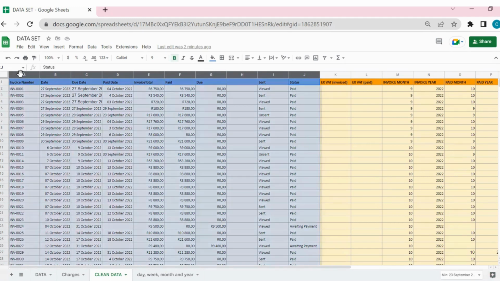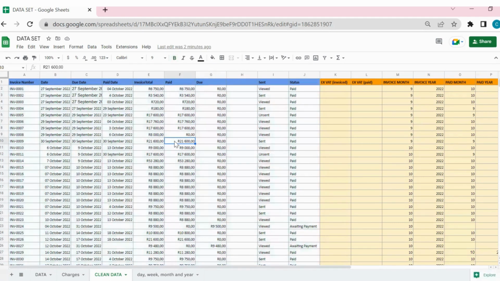Now, the one thing about Excel and Google Sheets, they don't automatically talk to each other. So, for instance, rands or values in Excel aren't necessarily values in Google Sheets, which is the issue I'm having here because these two columns, I've already got formulas in here, which is supposed to calculate the expat values from the amounts invoiced. However, it's not allocating any type of response to that formula because Google Sheets is seeing this